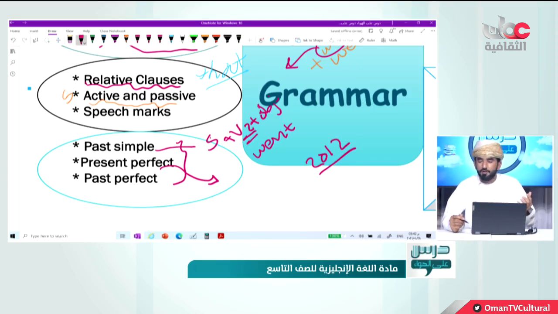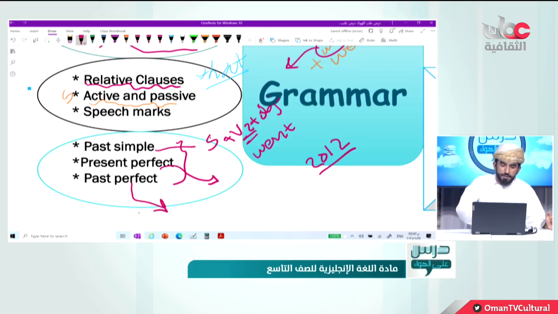So we use present perfect in order to talk about an action that happened in the past, but still there is some kind of continuity, or effects. For example, if you have got a wound on your face, this wound happened in 2015, and till this moment there is a mark on your face that is very obvious. We use present perfect.